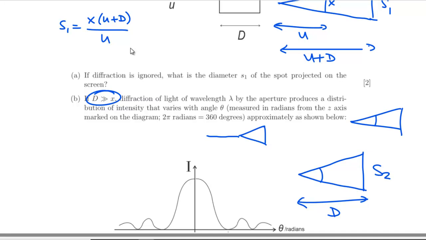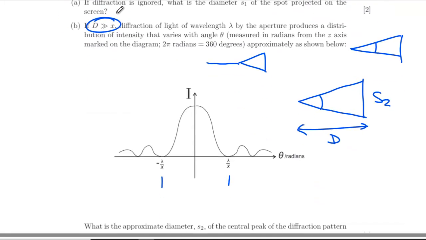What did they say it was? Lambda over X, but 2 lots of lambda over X. So we can do the same. Are we doing similar triangles again? No, we're not, because we don't have anything in the height. So it's going to have to be trig, isn't it? Because we've got an opposite and an adjacent. So we're going to have tan of the angle multiplied by the